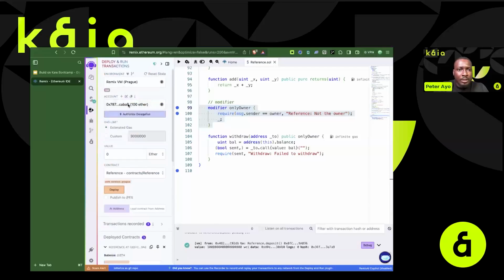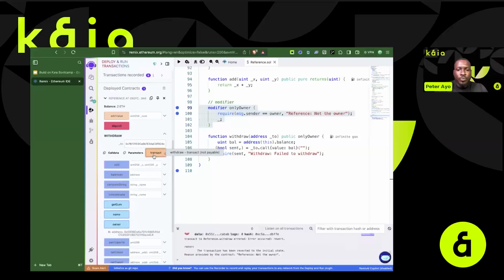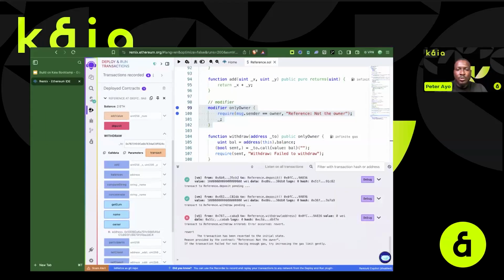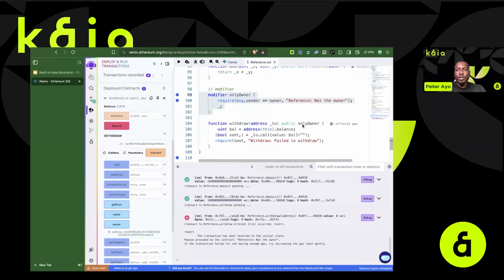Let me copy an address. Let me copy the same address. And so, as you can see, it throws an error saying that reference.withdraw errored, error occurred, revert. Now, it says that the transaction has been reverted to initial state, reason provided by the contract: reference, not the owner. So what the onlyOwner modifier did was, because it has been added here, right, and in